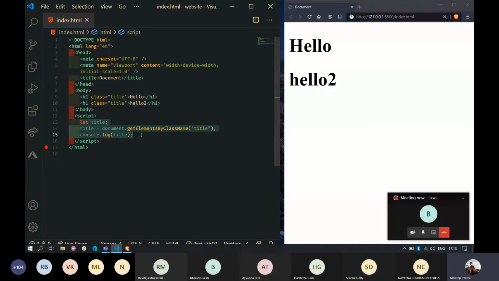So now I will show you a small trick. This method is very, very clumsy, right? getElementById, getElementsByClassName, and one more method I forgot. You can directly access the HTML elements with the help of the method.